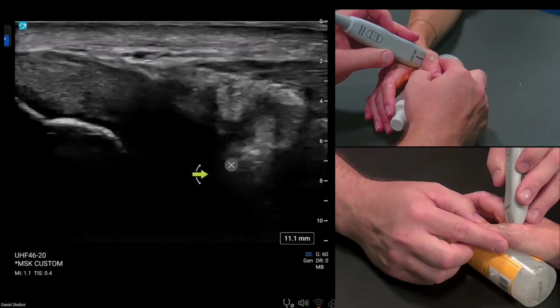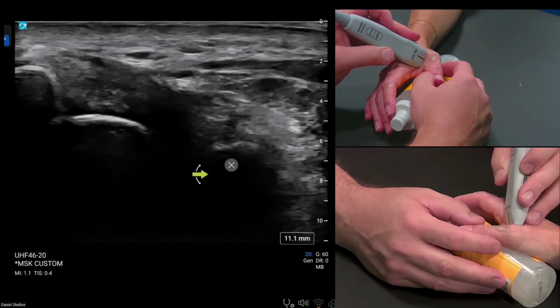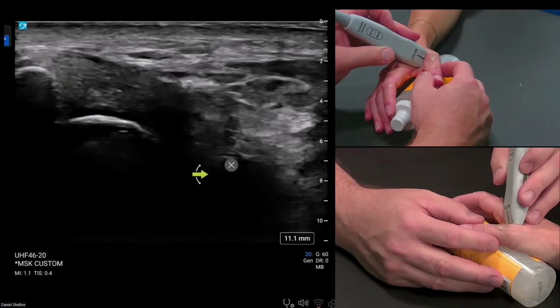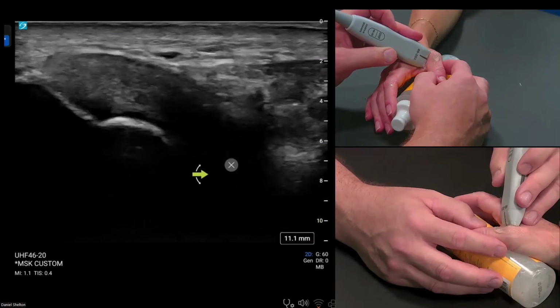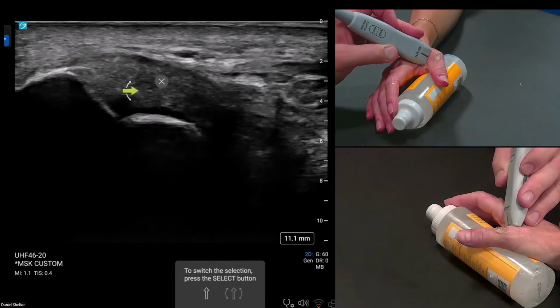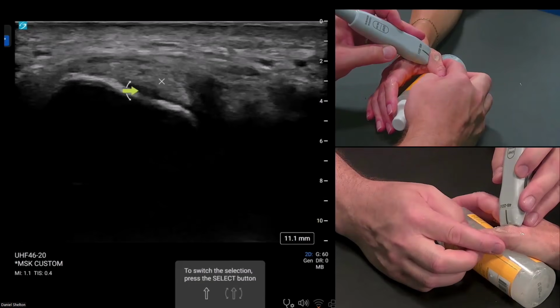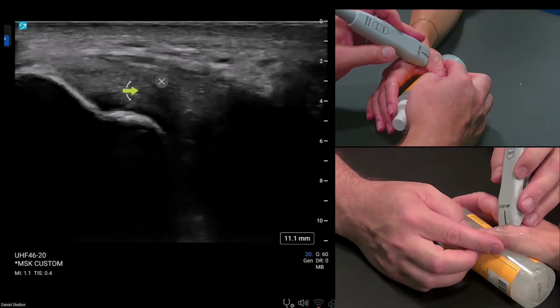And then that sesamoid gets encapsulated basically by the same ligamentous structures. And on the other side too, we have an ulnar sesamoid, but that would be the accessory collateral of the thumb. And then we would windshield wiper the other side of the probe over to the primary collateral to do that assessment.